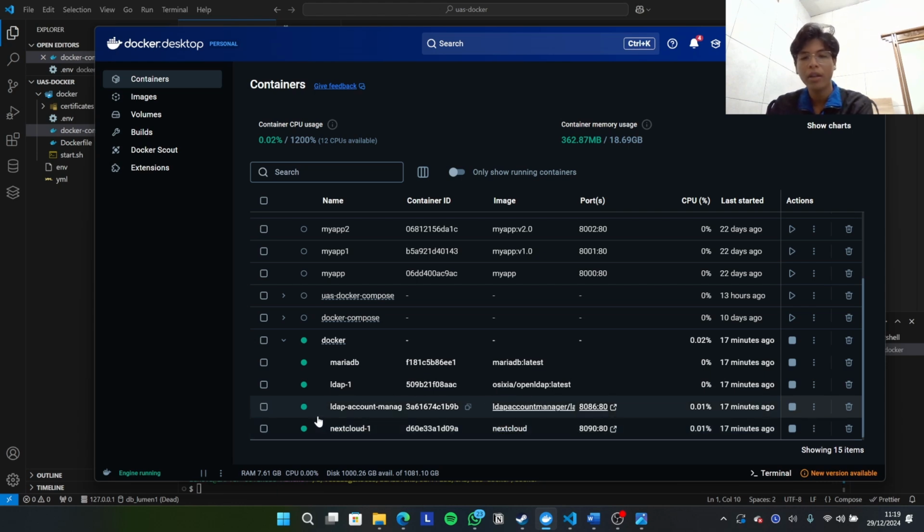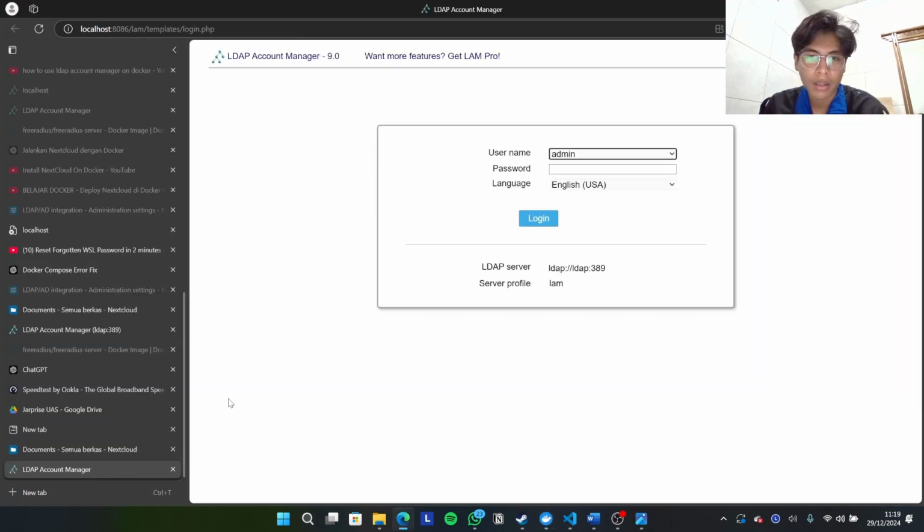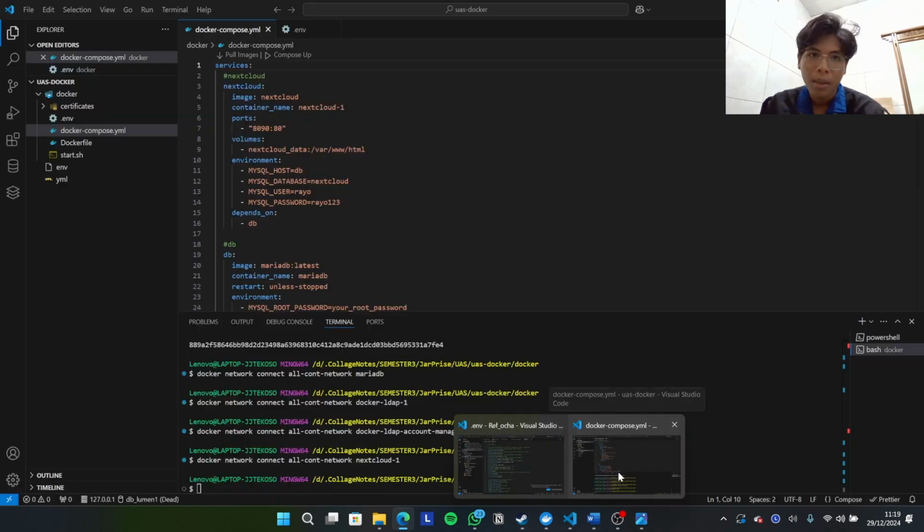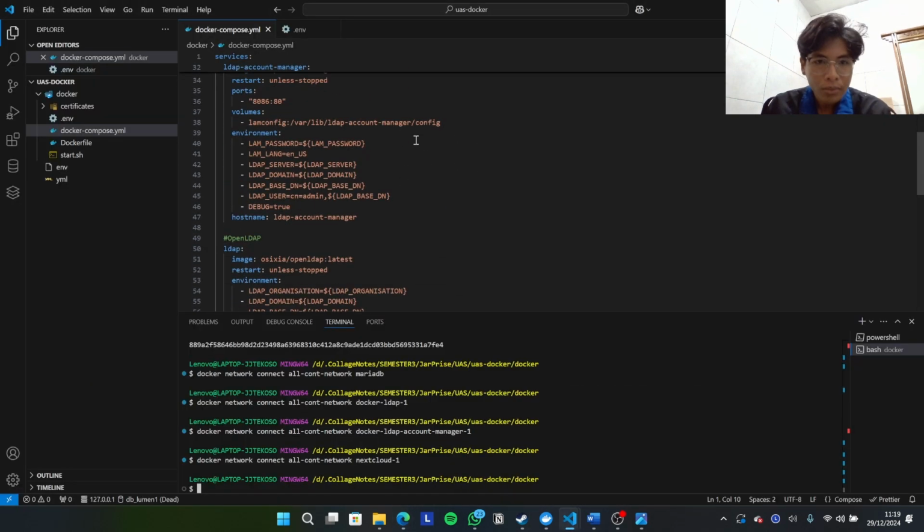Now we can create the group and user on the LDAP. Before that, we have to check if the LDAP account manager is already running. You can click here. Okay, here we need to log in as admin. How do we know the password? Okay, we can check again on the Docker Compose.